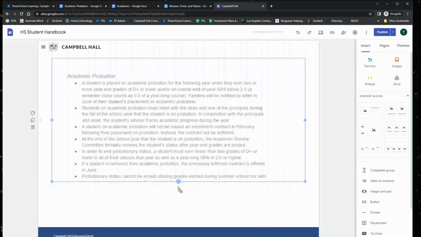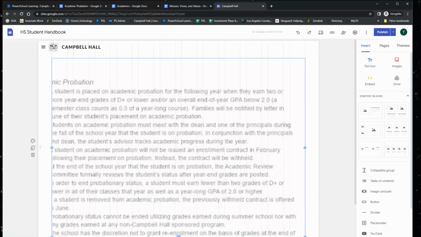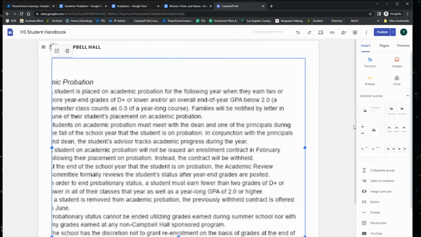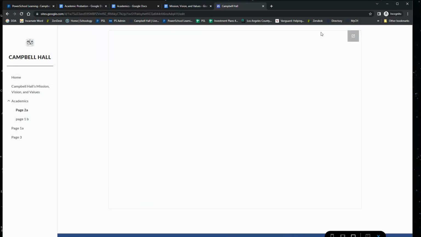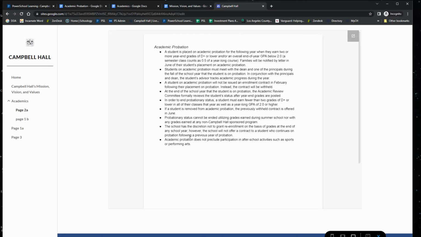And so again, we want to go down here like this. Let's see what that looks like. That's fine. It shows almost the whole thing. Minimal scrolling. Okay, so let's exit this